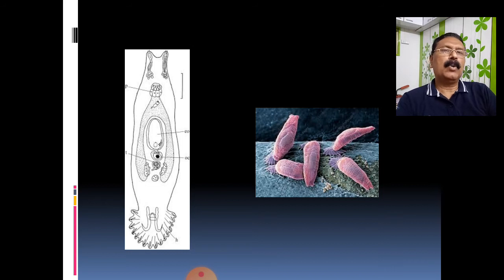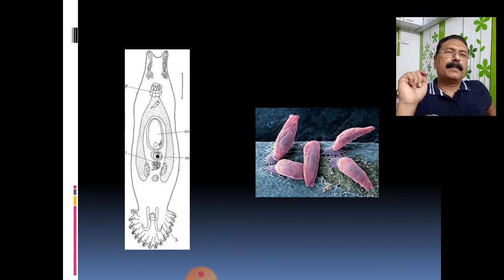That means even though the animal is a single one, in its inner side, in the uterus, it has a developing embryo, and that developing embryo also has another embryo. So there is an embryo within the embryo, and that may become active within a little bit of time. So it is one particular characteristic of Gyrodactylus, which is not found in Dactylogyrus. So Gyrodactylus has the viviparous habit. It has a mature embryo, and an embryo within an embryo is also reported in this Gyrodactylus.